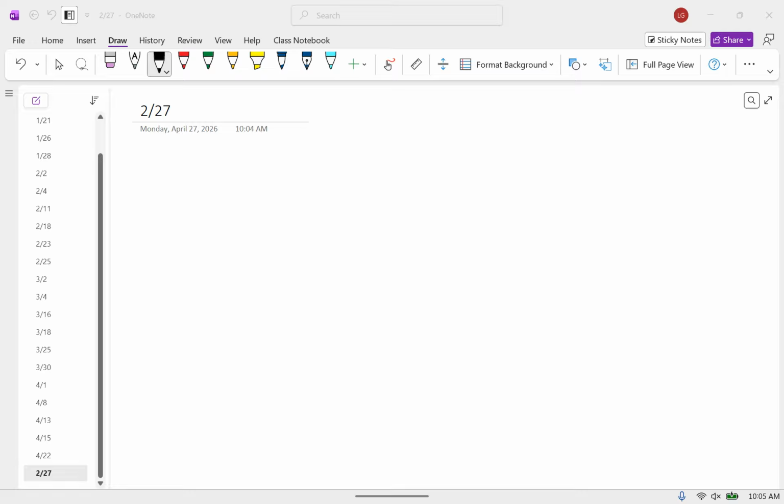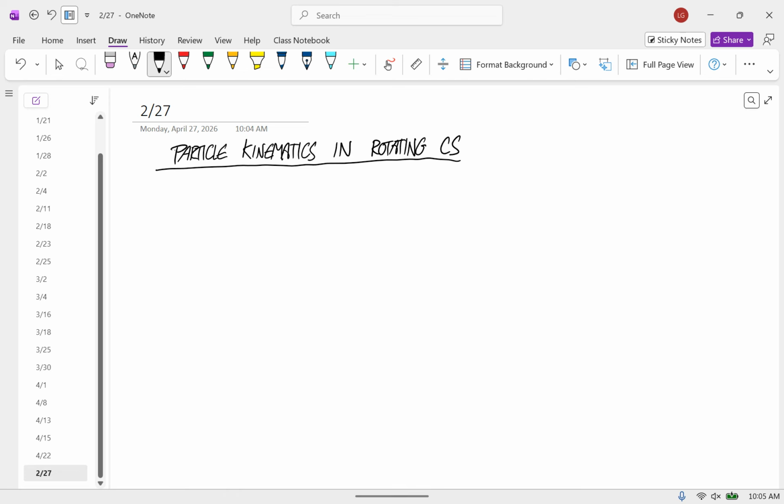So first, where we are is particle kinematics in a rotating coordinate system. And there are three results that we have, and everything is going to be based on these. And really, the second and third results are based on the first one. But the first one is the big result that says